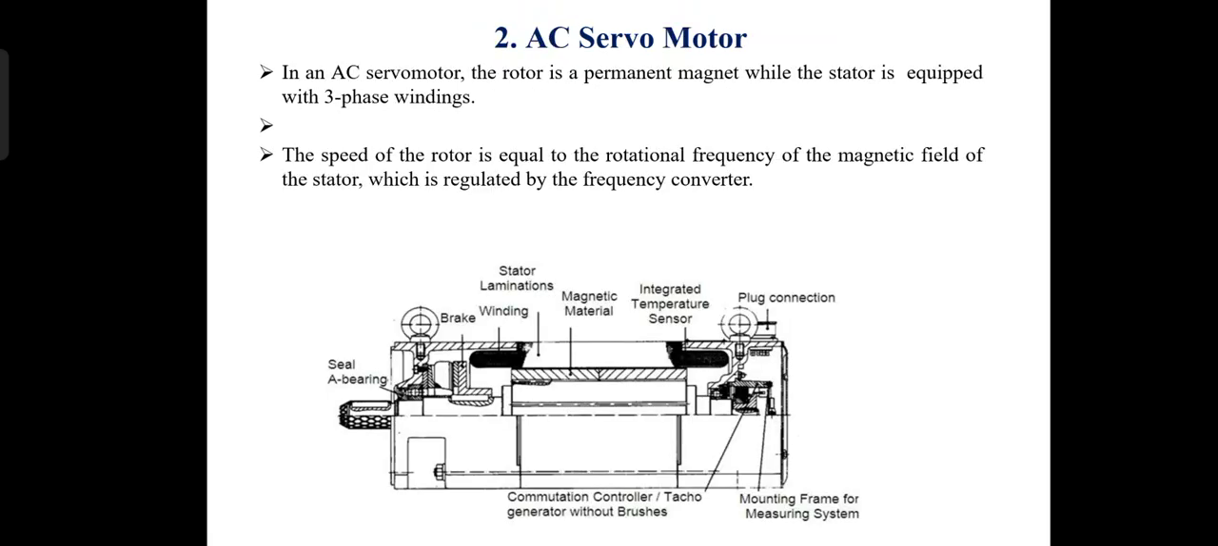AC servo motor. In an AC servo motor, the rotor is a permanent magnet while the stator is equipped with a three-phase winding. The speed of the rotor is equal to the rotation frequency of the magnetic field of the stator, which is regulated by a frequency converter. As you can see in the pictorial view of the servo motor,